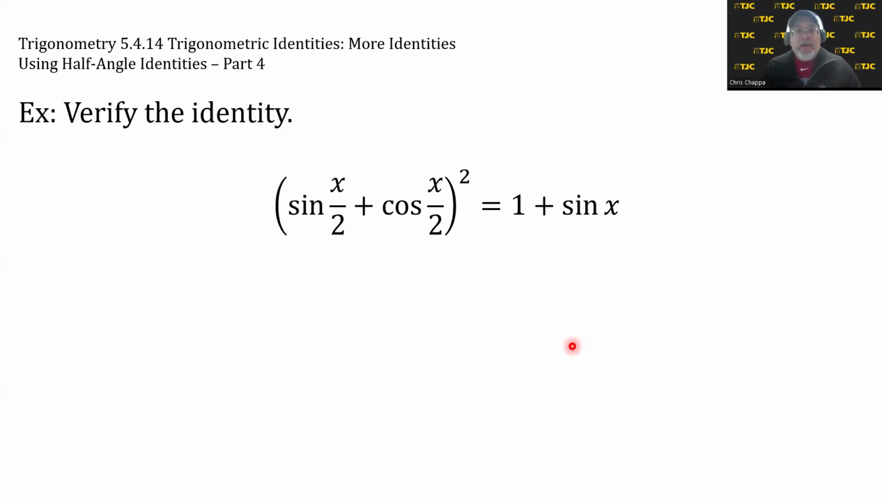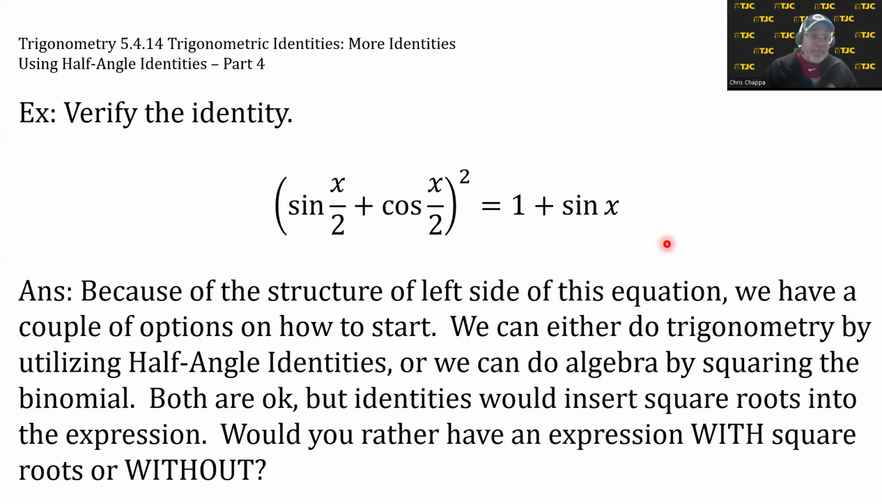Let's try one more. Verify the identity: the square of sine of x over 2 plus cosine of x over 2 equals 1 plus sine x. Again, we're going to start with the left side. However, because of the structure of the left side of the equation, we have a couple of options on how to start. We can either do trigonometry by using half-angle identities twice, or we can do algebra by squaring the